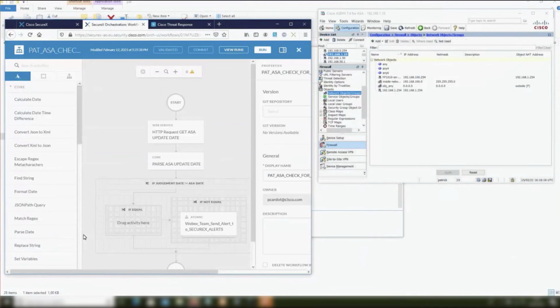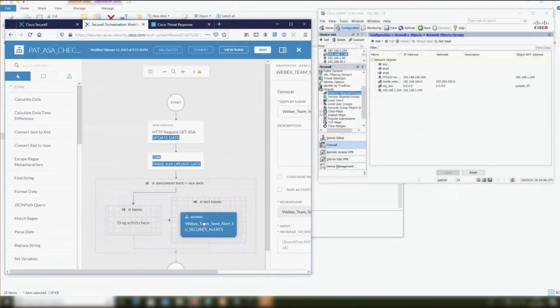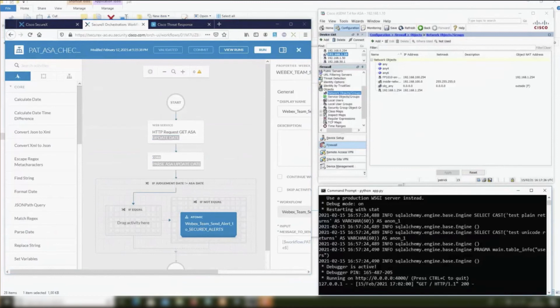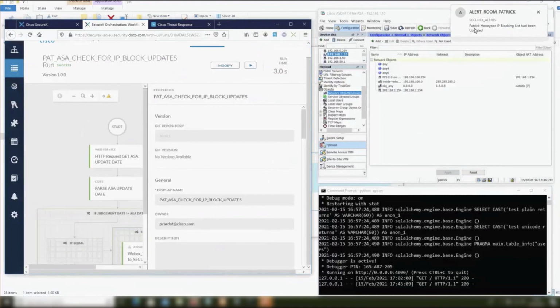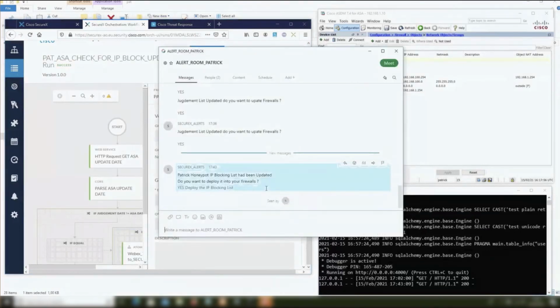The first two steps will be checking the flag to understand whether we have updates to apply on the firewalls. If yes, we inform the administrator, thanks to a WebEx message, that he has to update the firewall. So let's run it. We have the result, and yes, we have some updates to deploy.